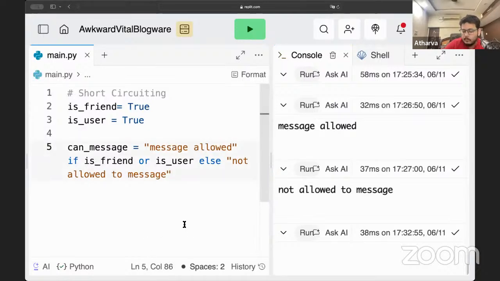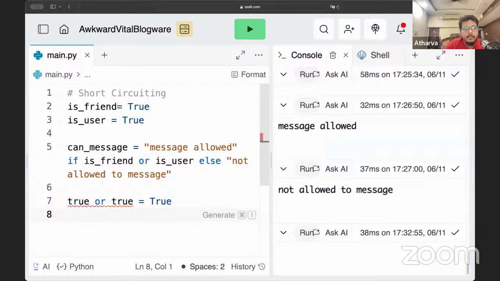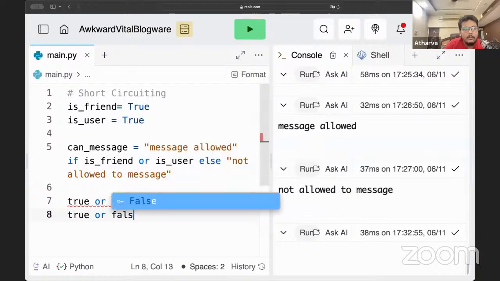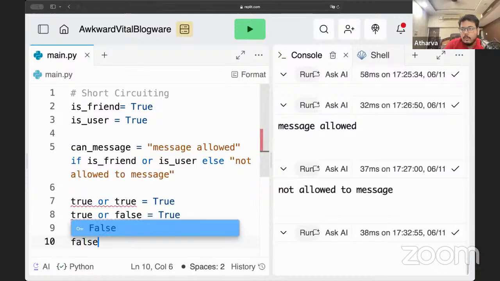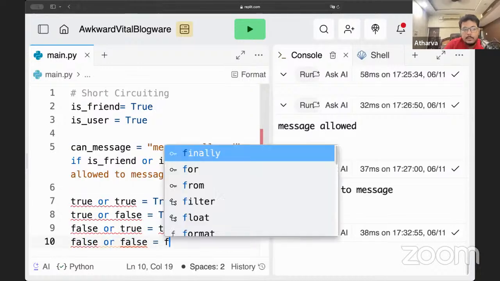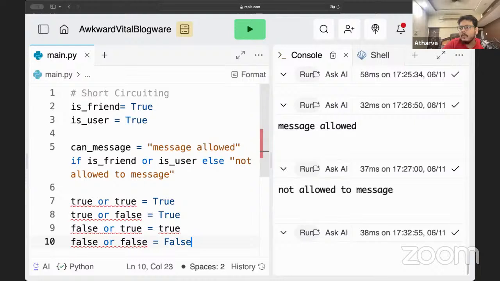Because you know, true or true is true, true or false equals true, false or true equals true, and false or false equals false, right? You already know this.